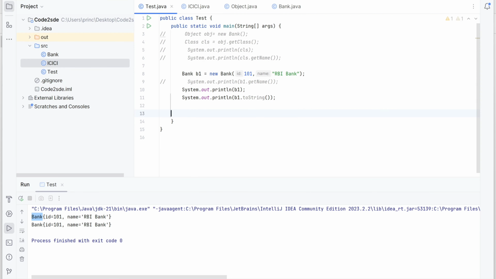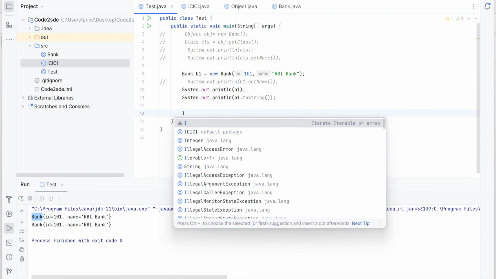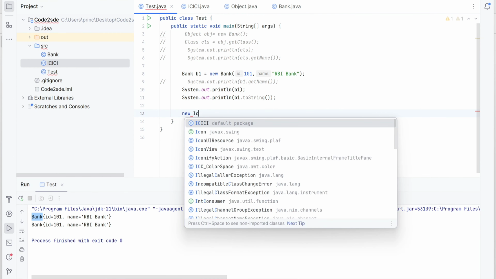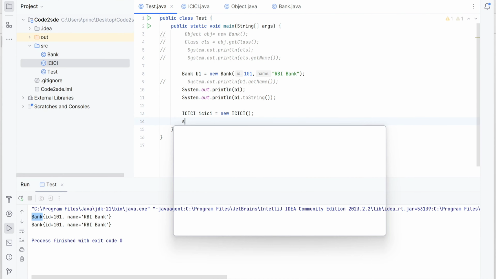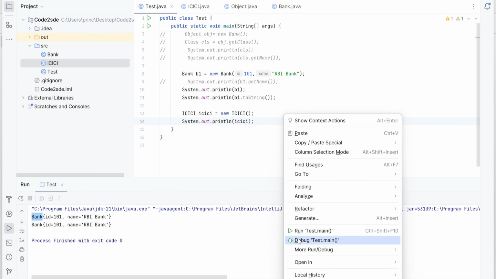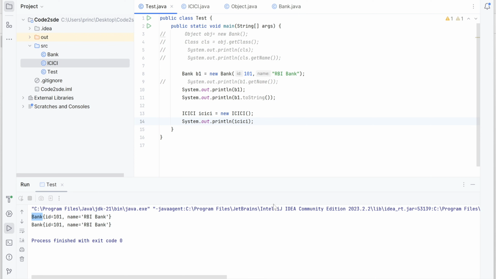Now I'll create one object here of ICICI and try to print its reference variable. Now let's see what the output is going to be. Since we have not set the instance member variables for this ICICI, the values are null, but you can see that it is calling the toString method of the Bank class.